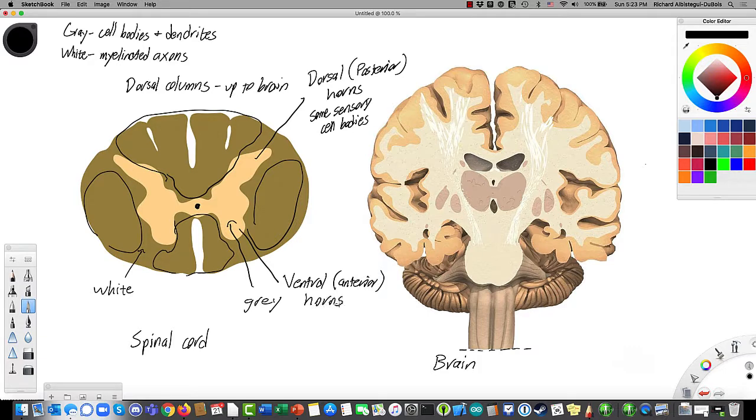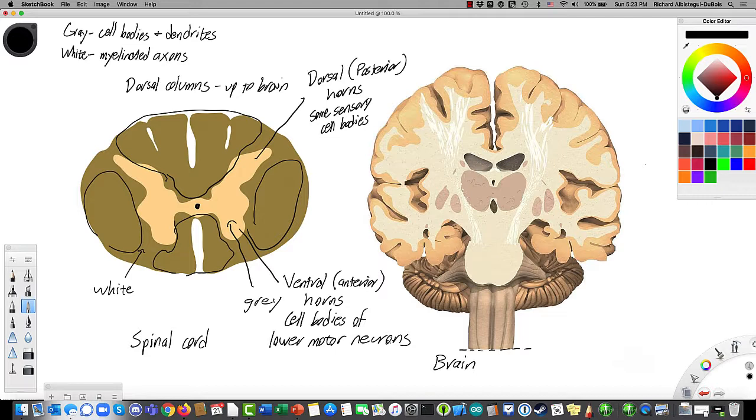And here is where you find cell bodies of what we call lower motor neurons. These are the neurons whose axons are going to go out and synapse onto skeletal muscle, allowing us to move